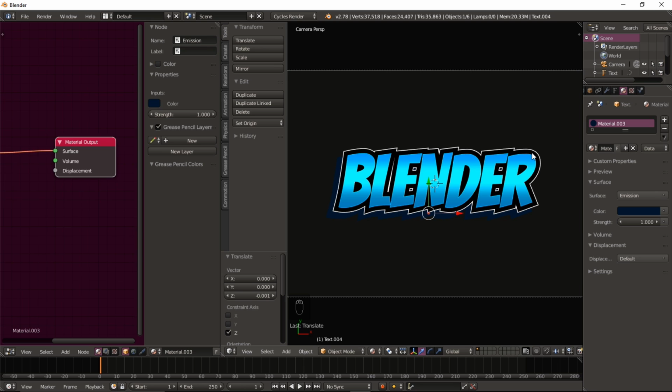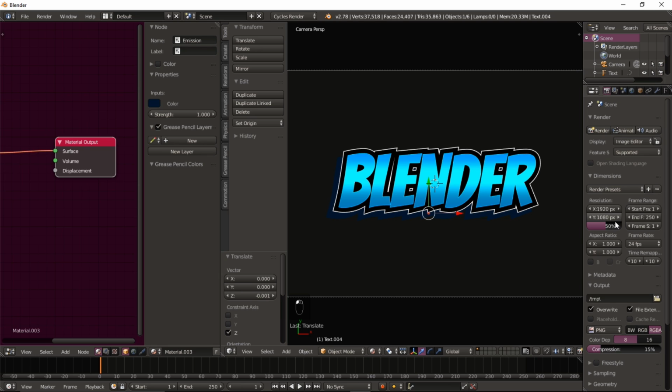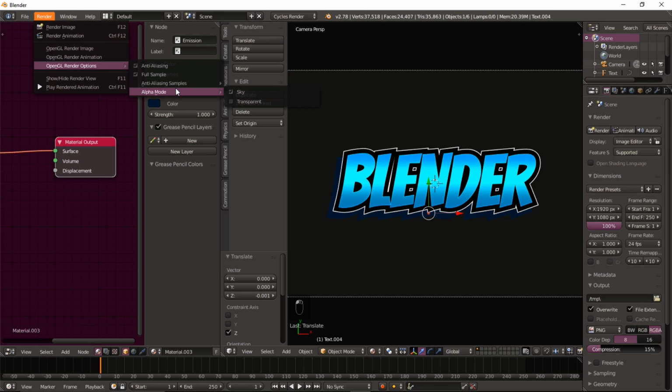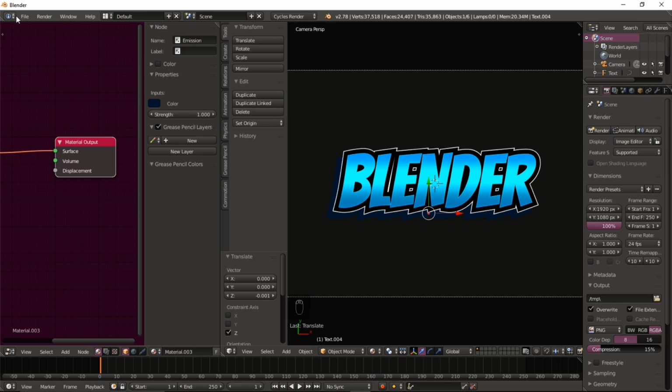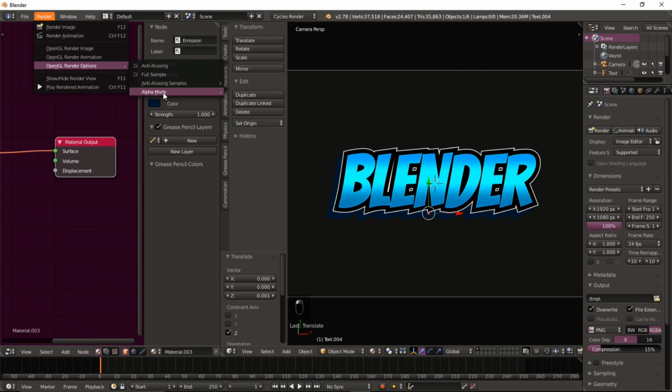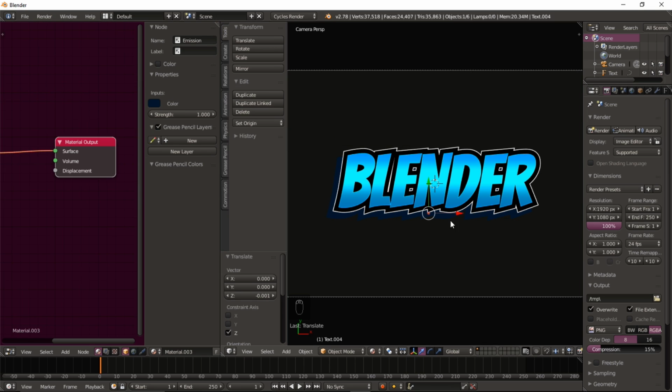Now, if you want to render this out to use in your graphics software of choice, you want to go into the render settings, and make sure you have your resolution set to 100% so you get the best quality text exported. You want to make sure you have your OpenGL render option set, full sample, anti-aliasing 16, and this one here is important. You want to make sure you have the alpha mode set to transparent so that you render a transparent background